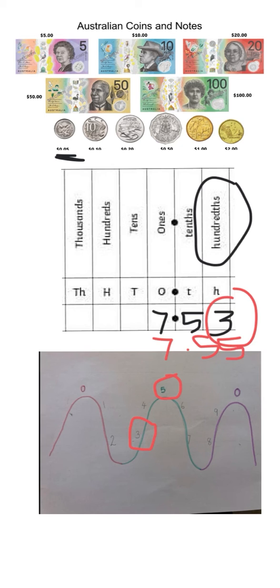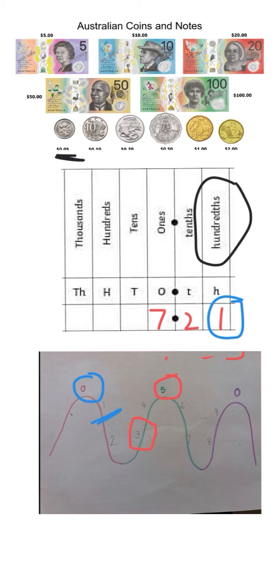$7.55. If there was a different value, for example, and we paid $7.21 for an ice cream, we look at this value here, which is 1, that is on the pink mountain here. So that gets rounded down to 0. So this will become